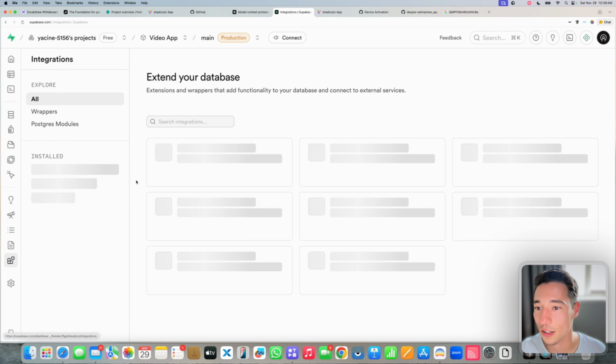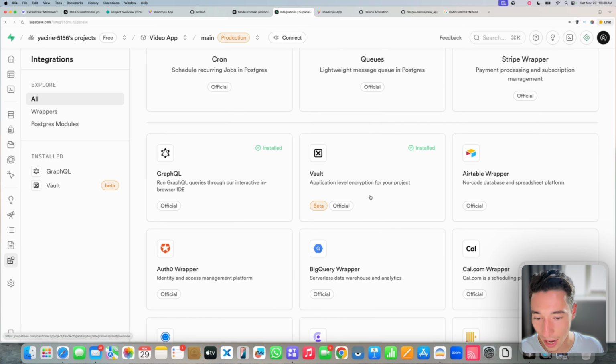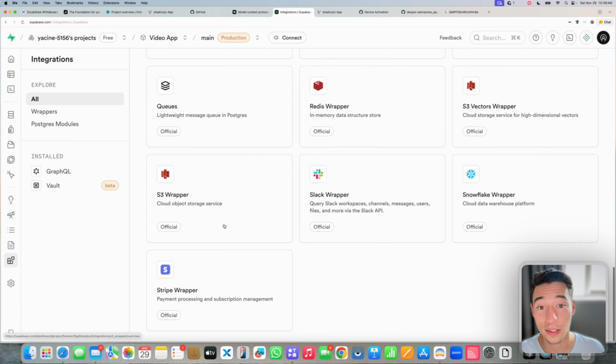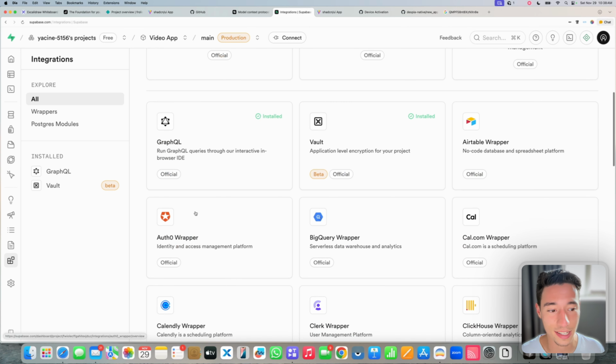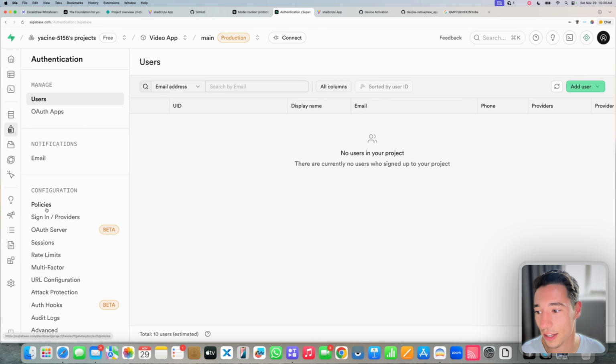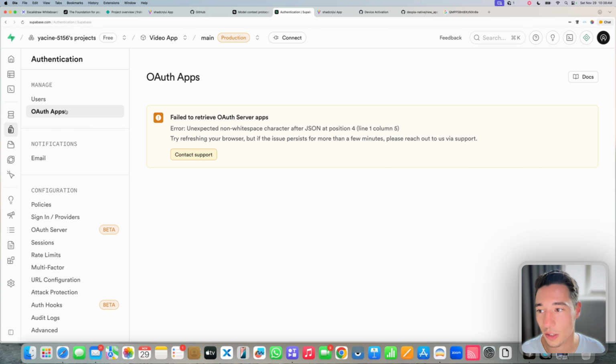You have all the integrations that are pre-made, like cron jobs. They have a Stripe wrapper to make payments. OAuth, they have all that kind of stuff available here, making it really simple to integrate. And then you have authentication and OAuth server and all that kind of stuff already pre-set up. So with the OAuth apps here,